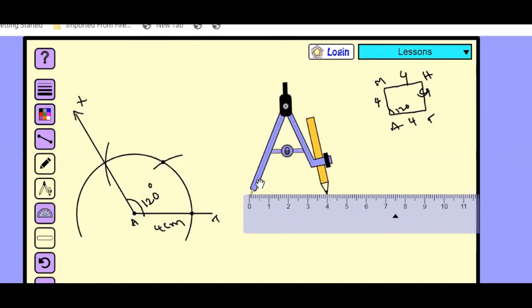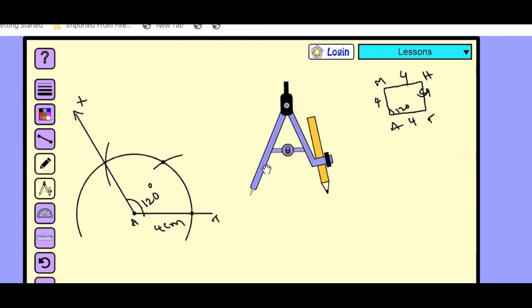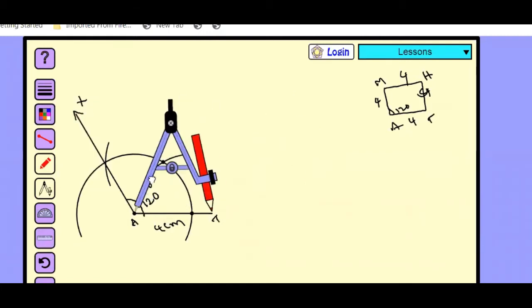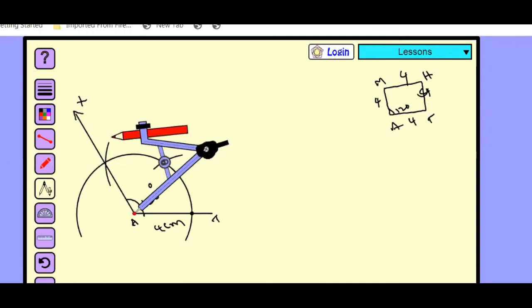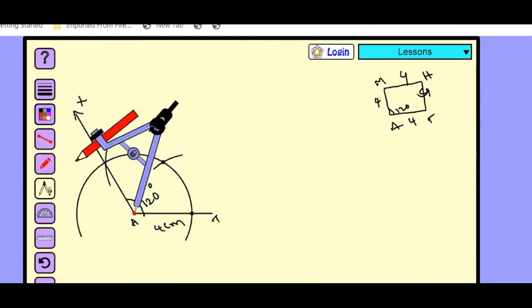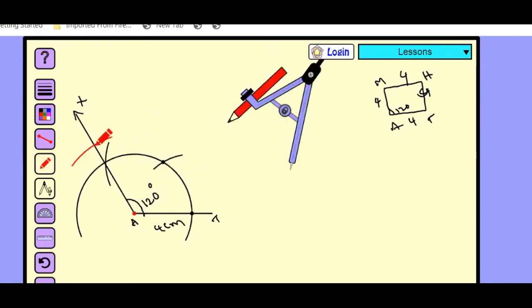and you can take this as constant length for locating all the points. Why? Because all sides are equal. So now with A as the center, draw an arc on which cut the previous arc AX at point M,